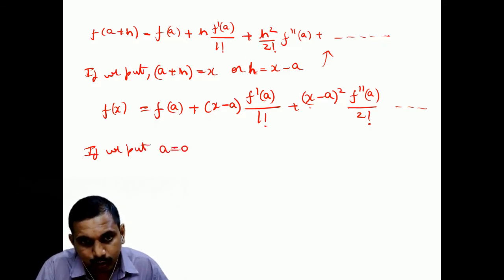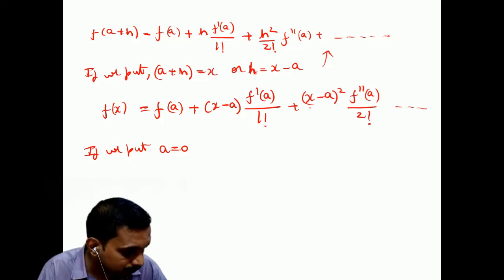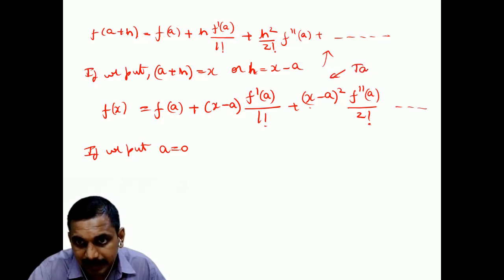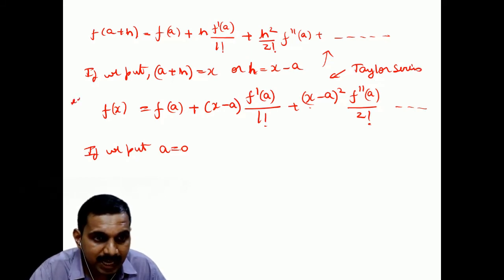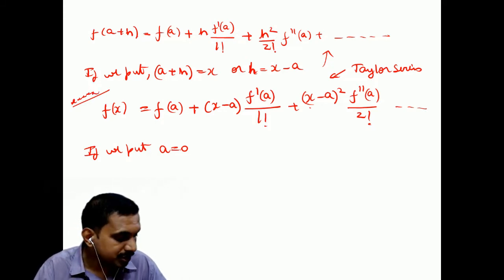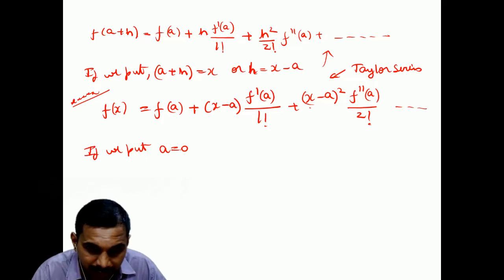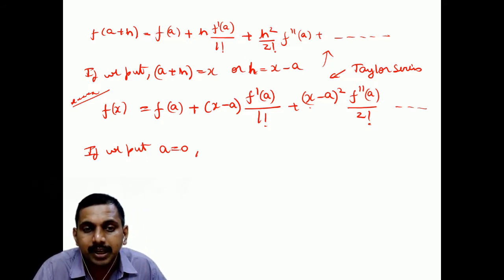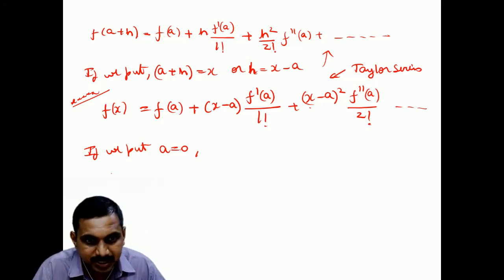If you put a is equal to 0, then this is called the Taylor series, students. Very, very important. You can give this five stars because it comes so many times. If one more star is there, it's not a problem, you can have more stars here. If we put a is equal to 0 in the Taylor series, then we obtain the Maclaurin series, which is given as